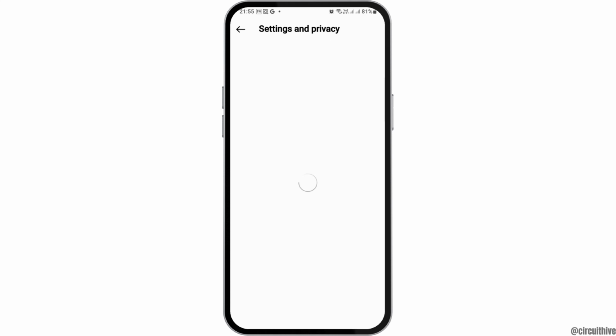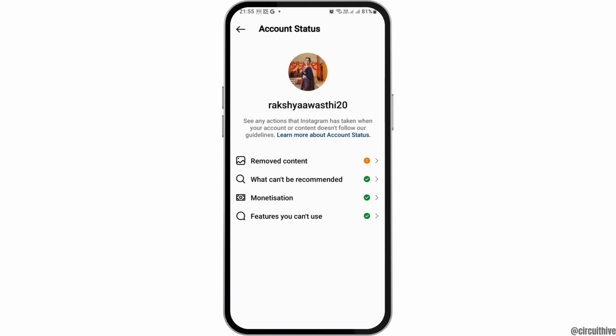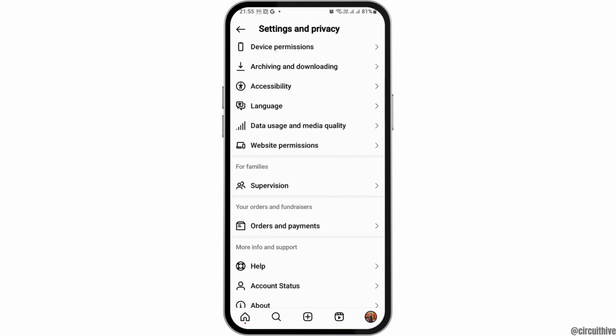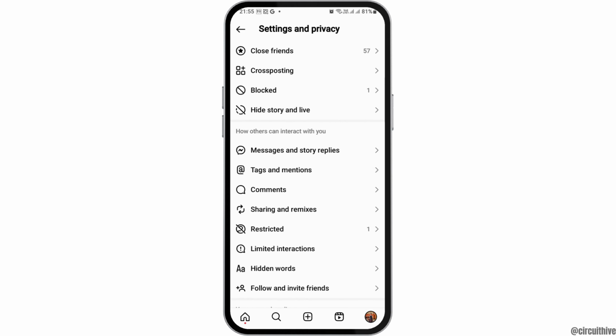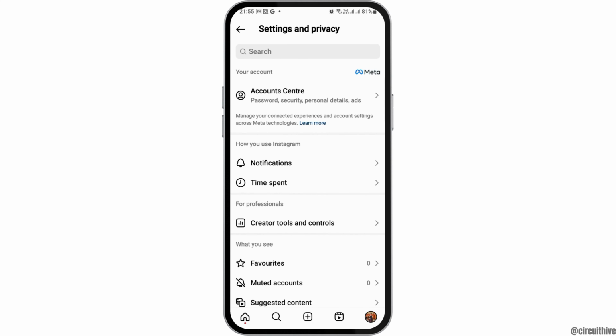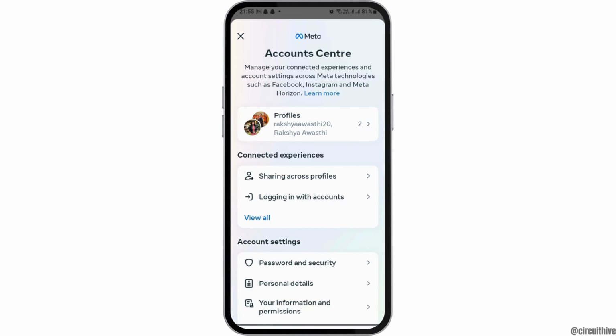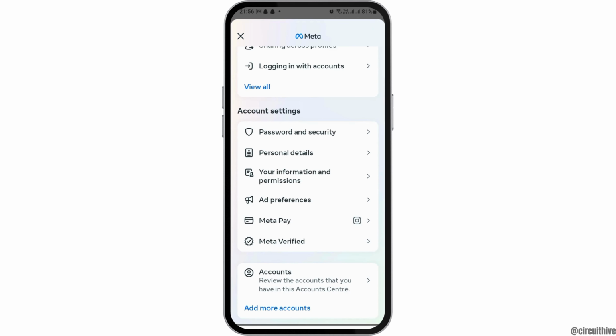Now you can go to the option of the account status there, and after you go to the account status, you can see an interface like this. Now what you can do is you can go to the next option as well. Now you have to go to the option here, and then you have to go to the option of the account center. After you tap on the option of the account center, you can see an interface like this,